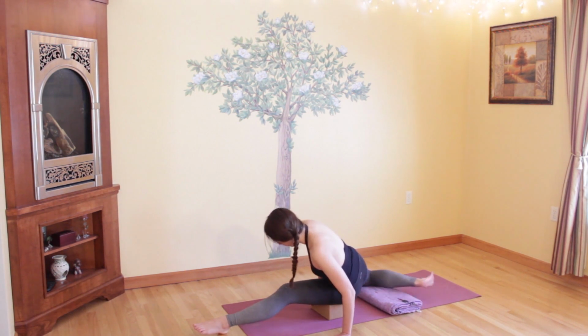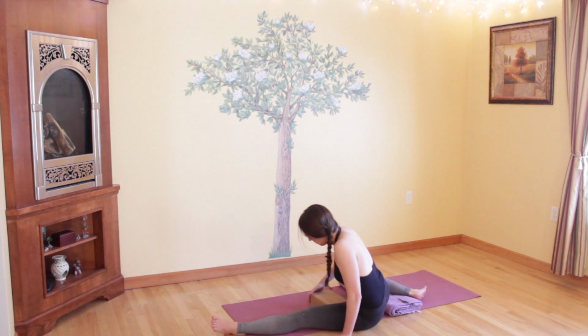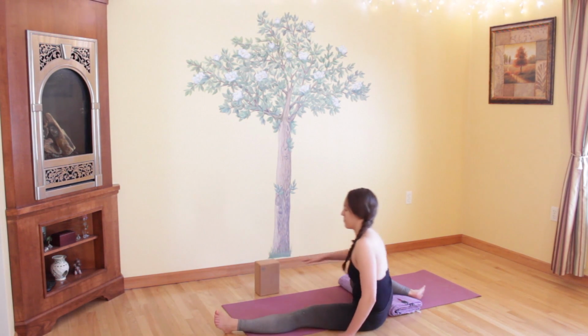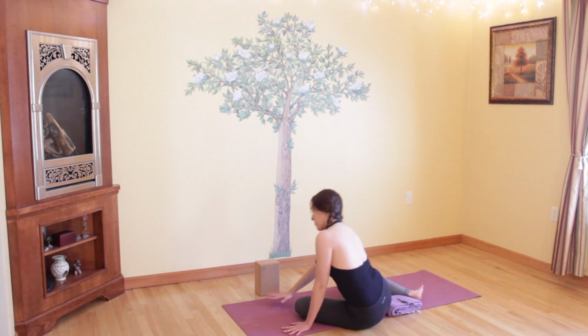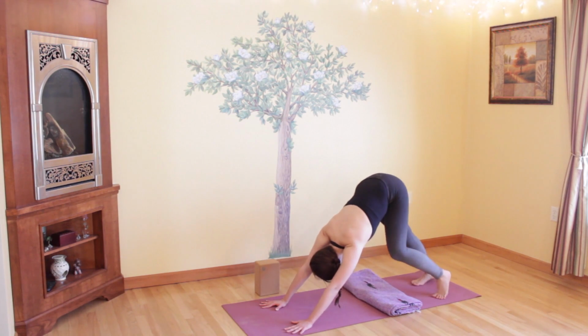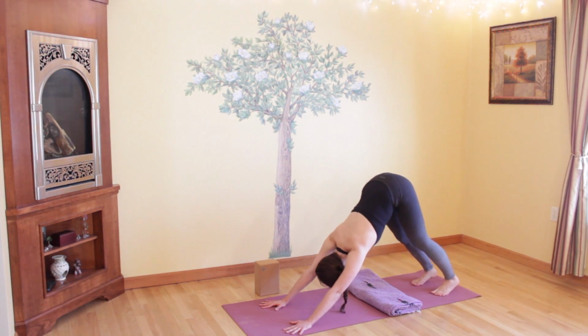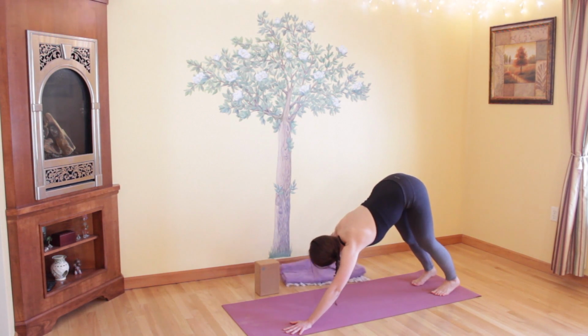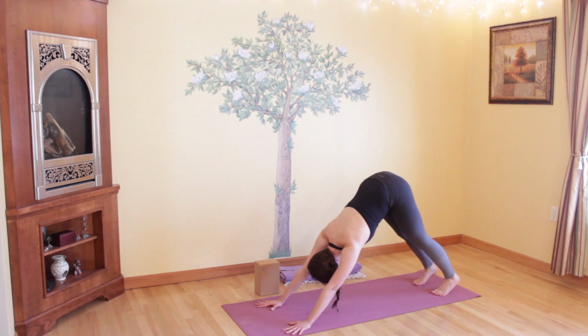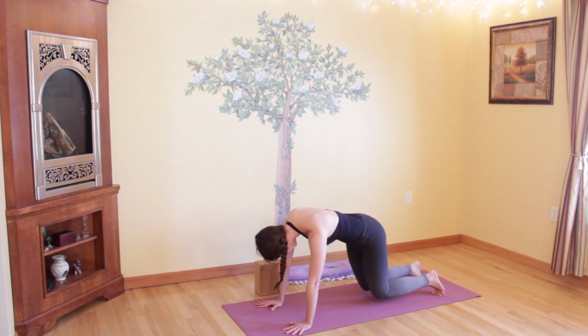And now come to removing that yoga block, setting it to the side. Swing those legs around. Set those hands down onto the floor and step back into your down dog. You can remove your blanket or your towel, set it to the side, come back into your down dog. And take an inhale, drop your knees to the floor,